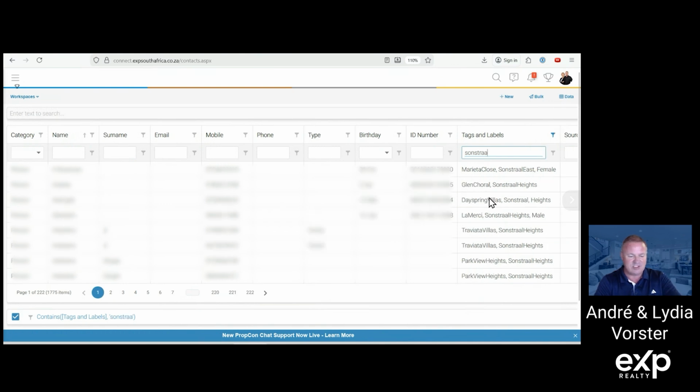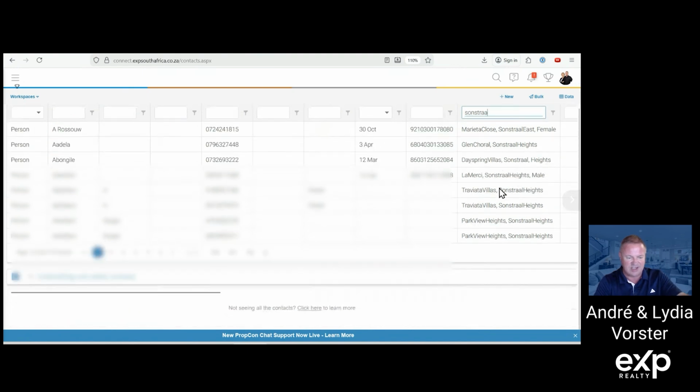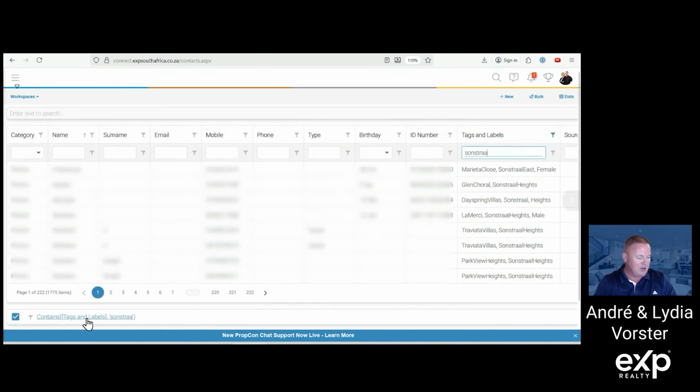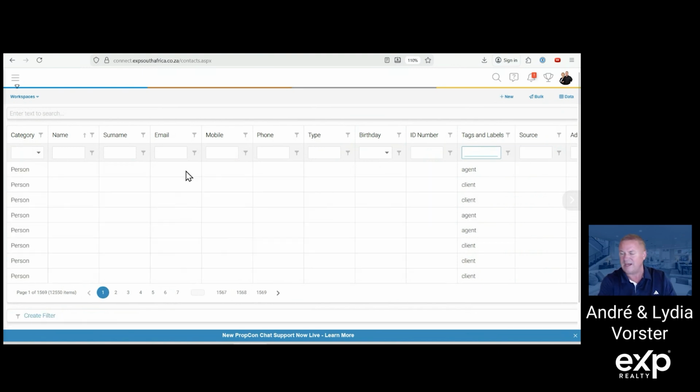And there it comes up. Now you'll see there are all sorts of things. There's Marita Close and Glencoral and all sorts of people popping up. And now I've got 1,700 people who are actually in the Sonnenstrahl Heights. Anyway, so from there now you could actually